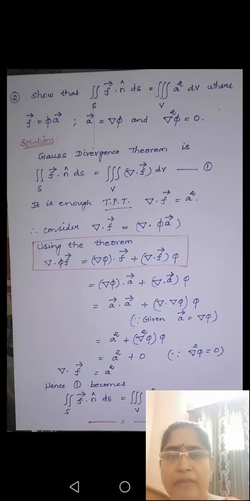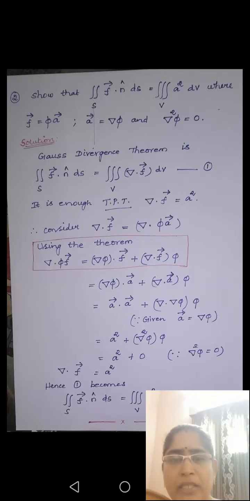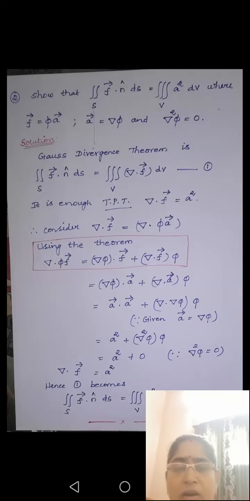A vector dot a vector is a square, del dot del phi is del square phi. Therefore, that is equal to a square plus del square phi. In the problem, it is given del square phi is equal to 0. Therefore, we will be getting del dot f vector is equal to a square. Hence, equation 1 becomes double integral over S f vector dot n cap into ds is equal to triple integral